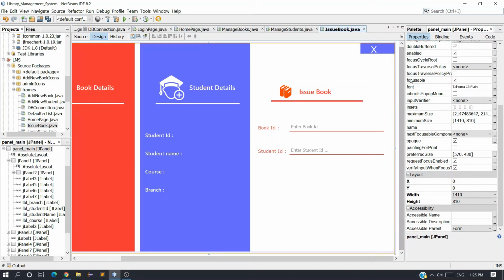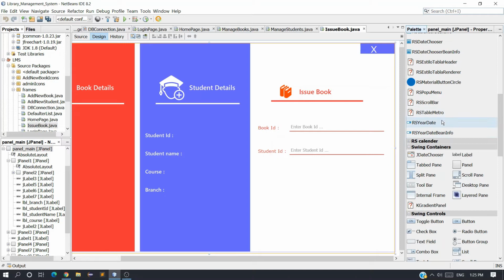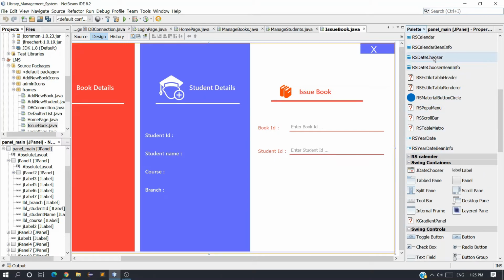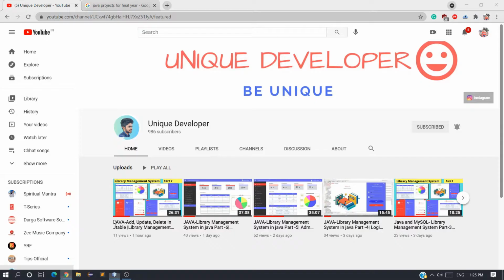Now we have to take a calendar. And where is the calendar? RS date chooser. You can see RS date chooser. If you don't know how to add this RS date chooser, you can watch the second video, or you can in the playlist section you will find a video where I have shown you all this. Let me show you.